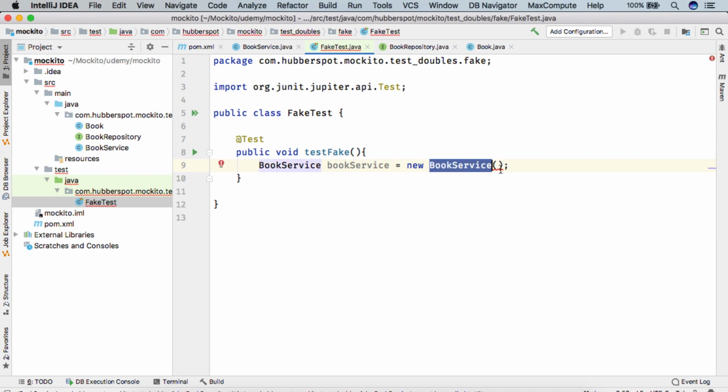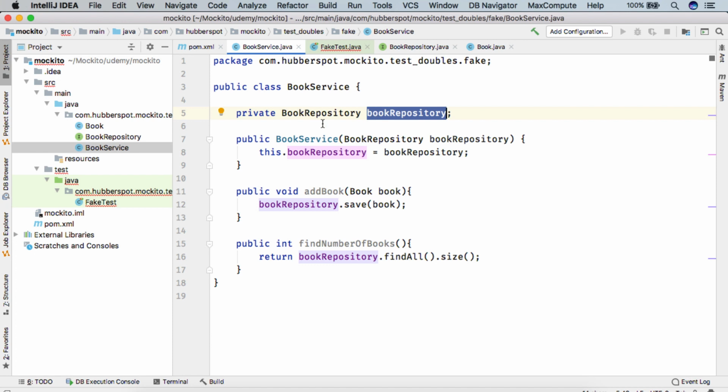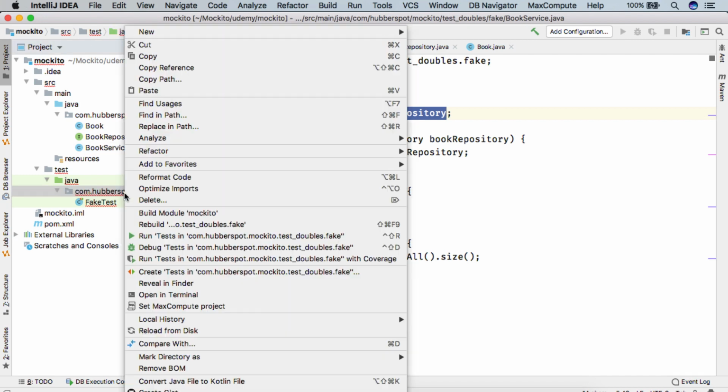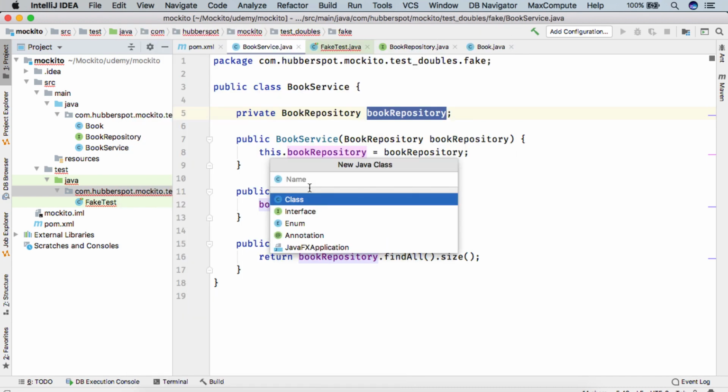So here you can see that book service requires book repository, and we don't have any actual implementation of book repository. So what we can do is we can create a fake book repository. Here we'll create a class.